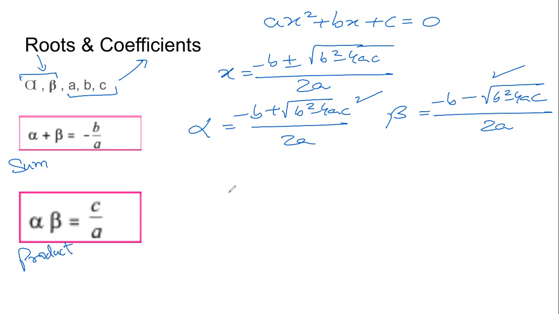And to find alpha multiplied by beta, we multiply this fraction with this fraction. That is all, nothing else. So it is just fraction arithmetic, which helps us to find out that alpha plus beta equals minus b by a and alpha multiplied by beta is equal to c by a. Look at the textbook on page number 46. Look at the working that has been done at the top of the page. That's all there is.